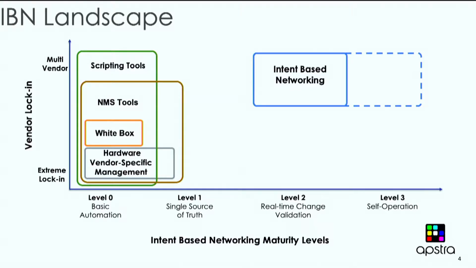If you look at the landscape today, there are a number of scripting tools that give you the ability to configure stuff. Network independent ones such as Ansible, Chef, more network-connected ones such as NAPALM. However, all of them are focusing on configuration, or in other words, day zero operations. There are a number of tools that are vendor dependent. We know some of them. The problem with them is that they are vendor dependent. They are not multi-vendor, and intent-based networking is by definition multi-vendor. When you express your intent, you shouldn't care who is going to instantiate it, be it Cisco, Juniper, Arista, or whoever else, right?